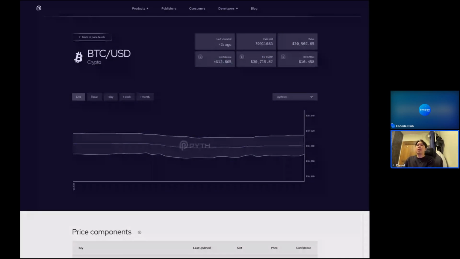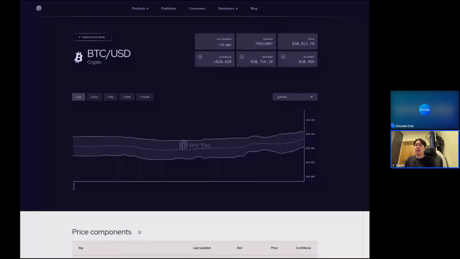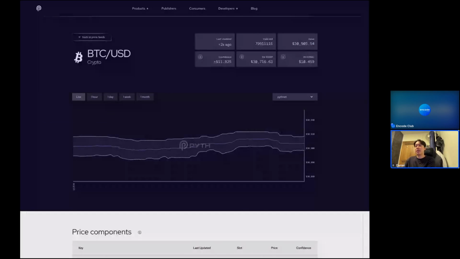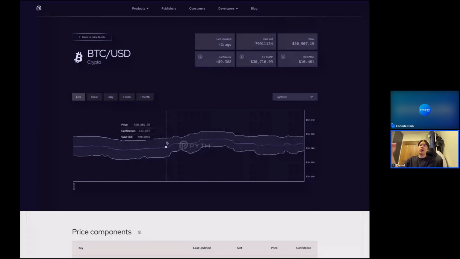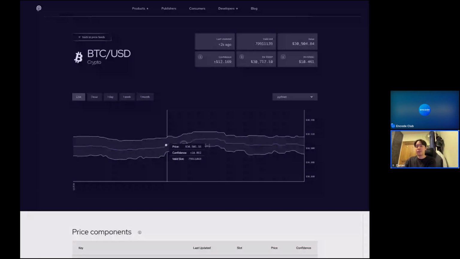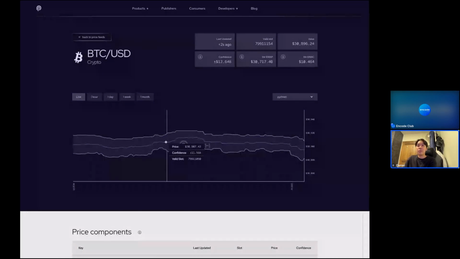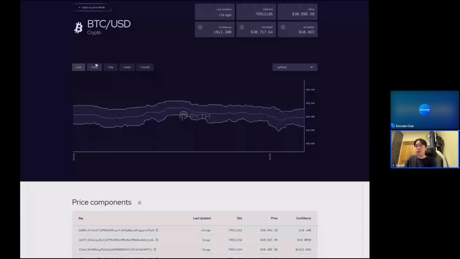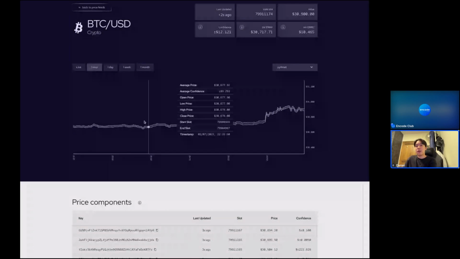So the confidence level is kind of like the spread of an exchange. For example, if you say that Bitcoin is trading at 30K at Binance, but might not be trading at the same price at every other exchange, right? So all of these exchange, they provide a price. They also provide a confidence level, just to show you like how confident they are in this price, and you can use this data in your protocol. So we do show you a live chart of the data, and we also provide historical data for past